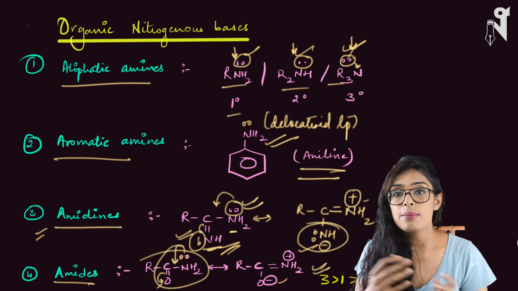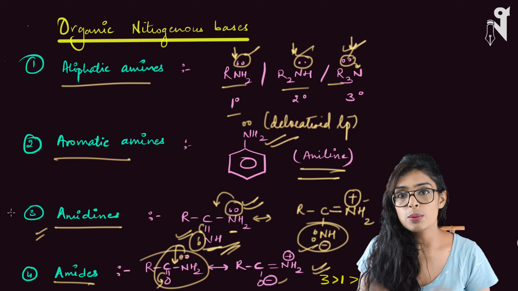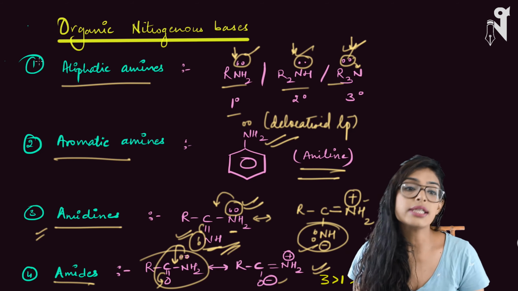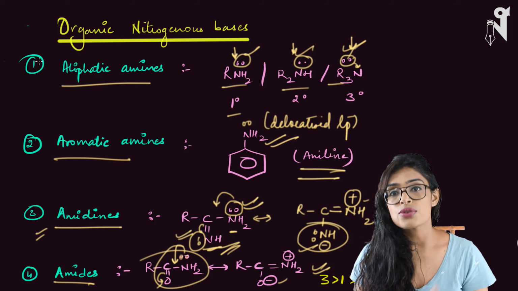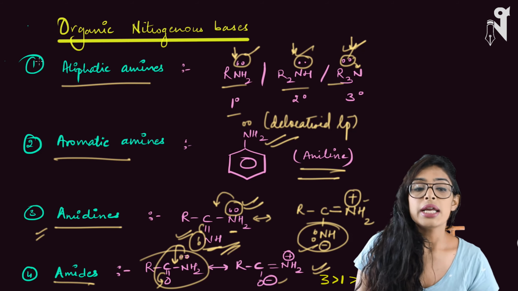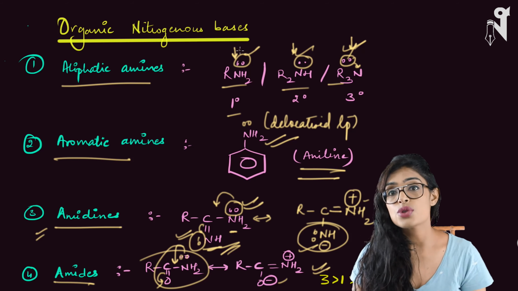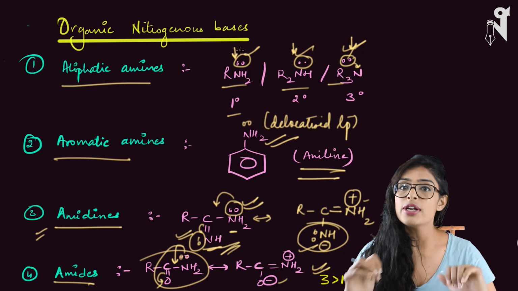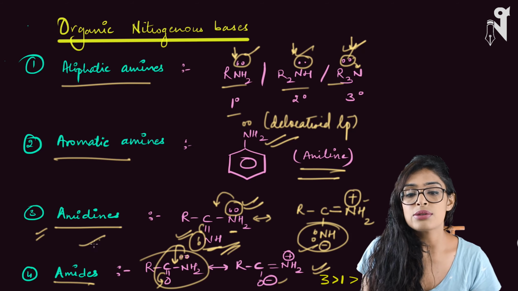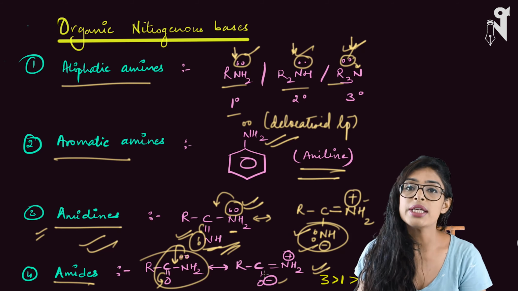So now we have to compare their basic strength. Look, which looks more basic? The third one and the first one look more basic because the pairs of electrons are localized. The second and fourth have delocalized lone pairs. Between the third and the first, which one is more basic, that we have to understand. In the first, we have a localized pair of electrons but no negative charge on nitrogen. So the pair of electrons is localized, but an additional negative charge is not there. Whereas in amidines, nitrogen has a localized pair of electrons with a negative charge, so it is a very strong base.